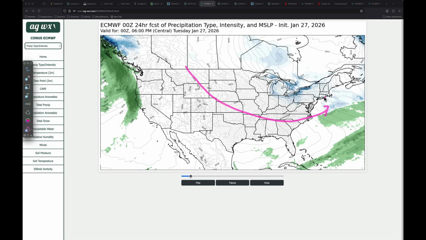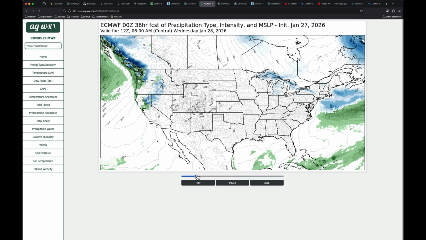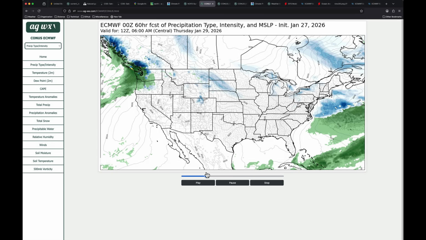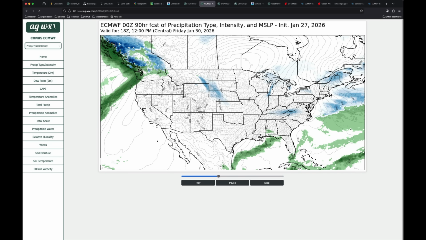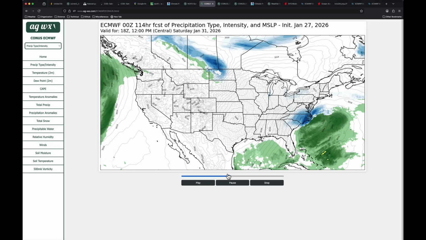Sometimes we see it curl up nicely for a big system to come through that kind of corridor there, either through the mid-Atlantic, the southeast, or the northeast. I'm going to play this forecast forward. We see some precipitation here in the middle of the week, impacting the Seattle-Tacoma area, far northwest Oregon. Still seeing some light snow showers move through the Great Lakes corridor, and we're starting to see some precipitation return, some low trying to form here by about Saturday at noon.